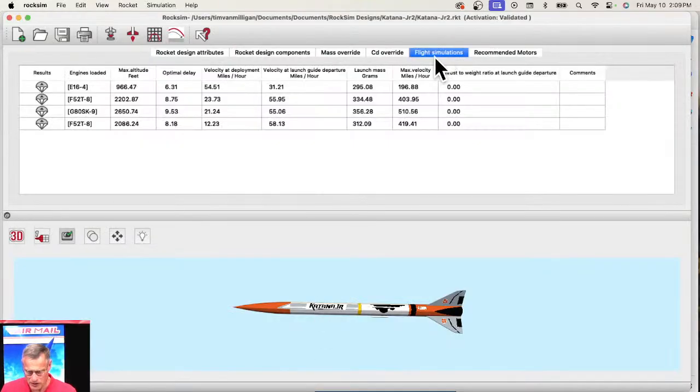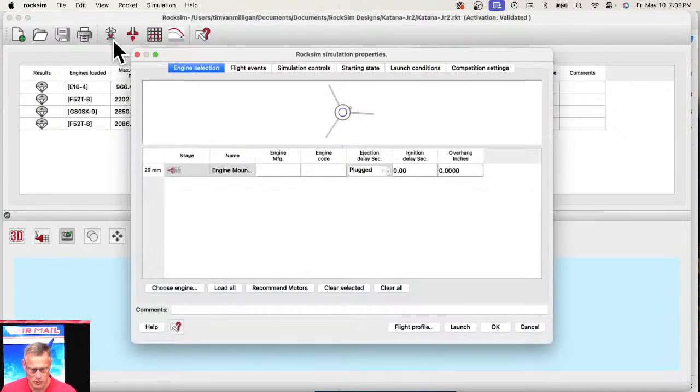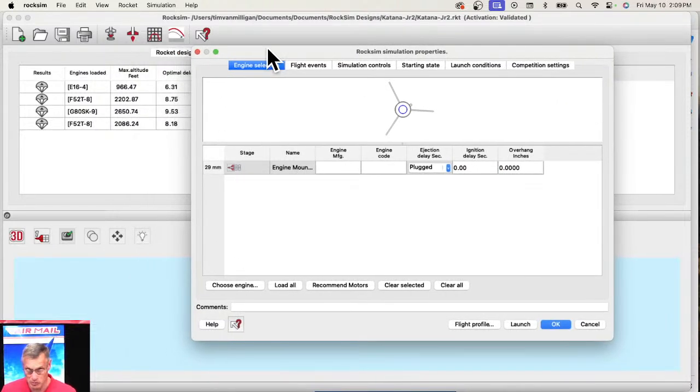And the flight simulations tab is right here. So when you go to run simulations, it puts the results in this summary screen called the flight simulations summary screen. So for example, let me run a quick simulation here. This is how you run a simulation if you've never done it before. You click on this button right there. That starts the process. Then from here, you're going to go across these tabs. The first one is to